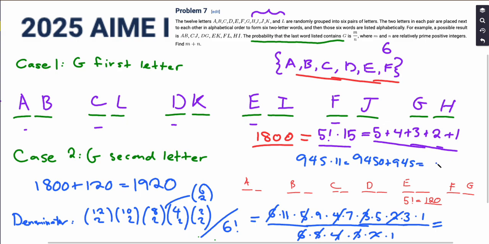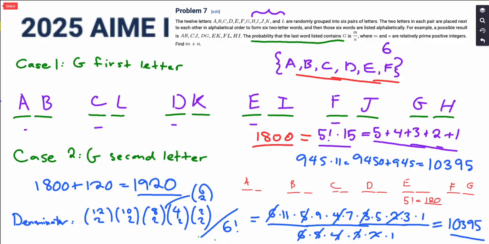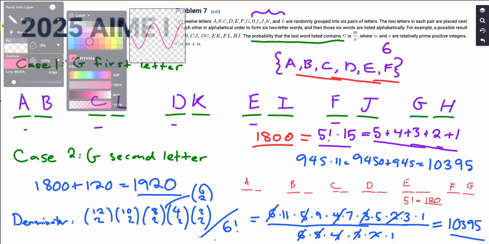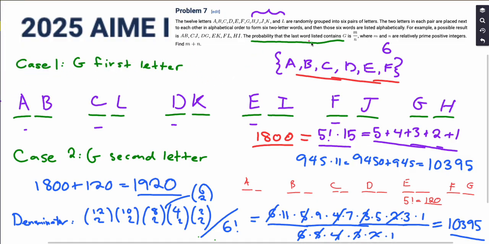So it looks like this should be 10395. And so this is our numerator, this is our denominator, and so our answer, not reduced yet, is going to be